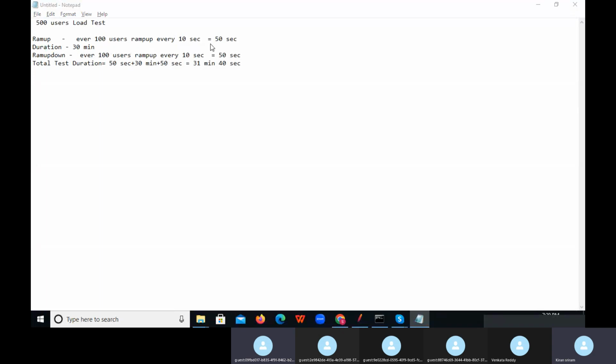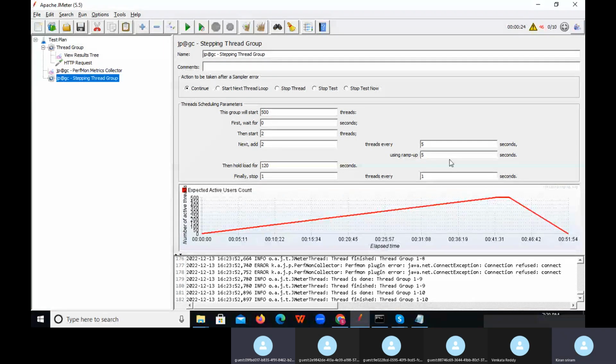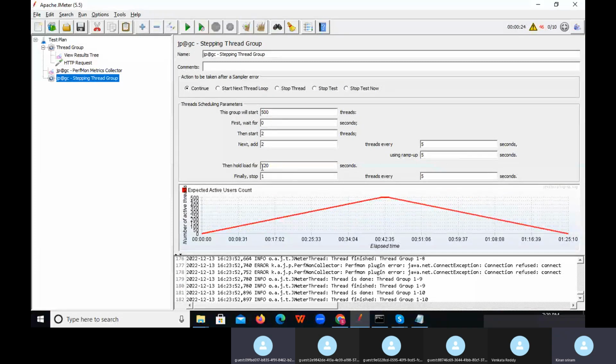We are ramping up every 5 seconds, and every 5 seconds only. Ramp up and ramp down we are giving the same, and the test duration we are giving is 30 minutes, which means 1800